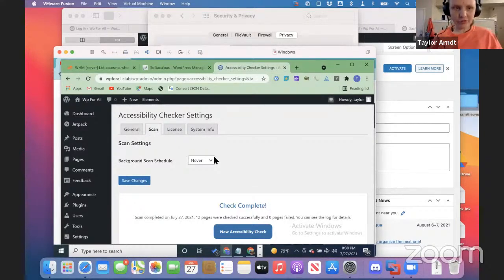Auto, combo box collapsed, never. I like this feature as well, where you can have it scan automatically at certain intervals. Really awesome job there. Again, that's definitely very helpful. You could have it set on a rotation. I could see that being very useful. In fact, when I was at my other university, we used Site Improve, and it would send us reports every week, sometimes every day, if we were doing critical accessibility work. So I'd literally wake up to a Site Improve report in my university inbox. I like the idea of having accessibility reports on a schedule, for it to crawl and see what kind of issues there are. So definitely a good job on there.